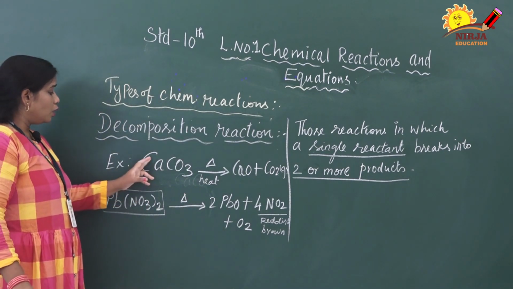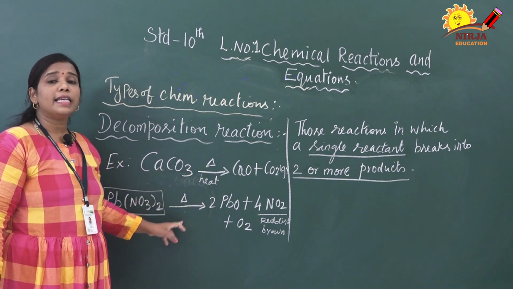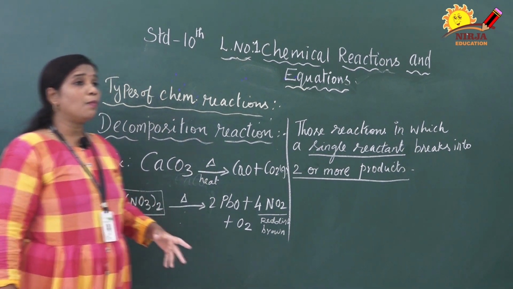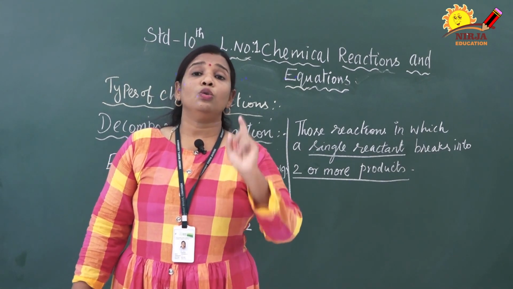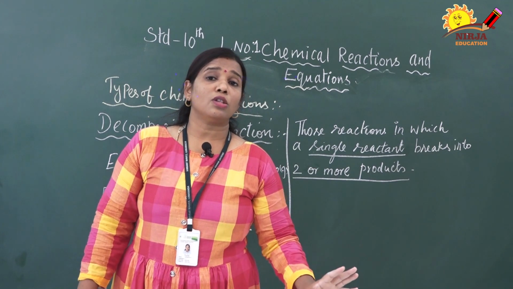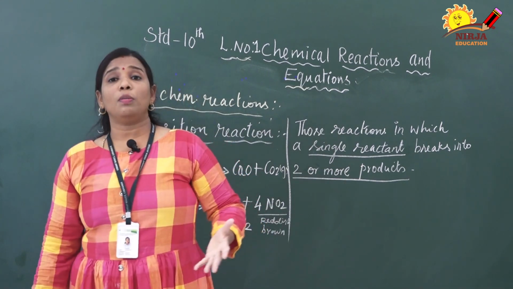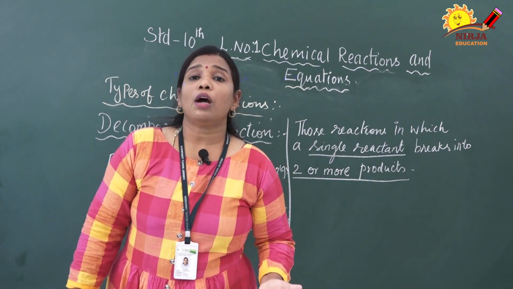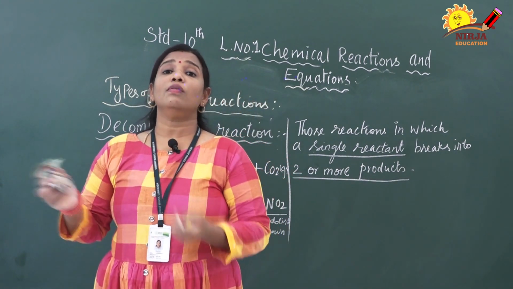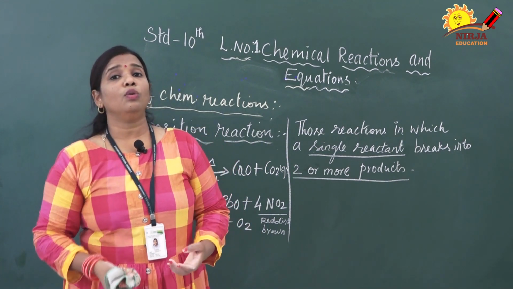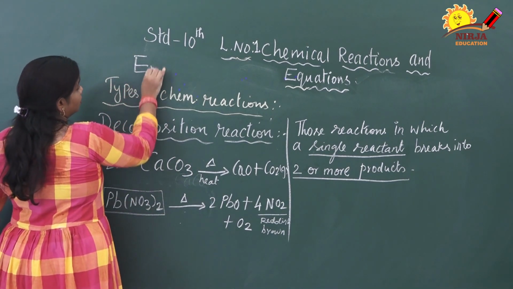Here you have noticed in these two equations, one thing is common. What is that? The heating. Heating is done in both reactions. Normally some decomposition reactions occur due to heating only. Those decomposition reactions are called endothermic reactions. In combination reactions we learned about exothermic reactions because heat is evolved outside, but here heat is added, and only with heat does it decompose into products. That's why this is called an endothermic reaction.